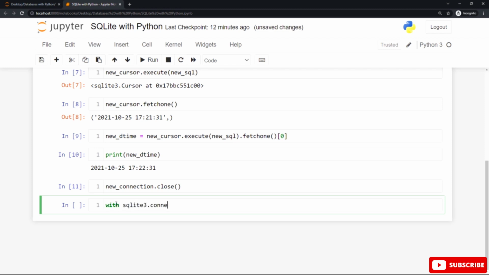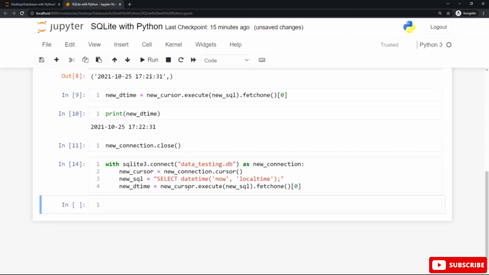In this example, you can see at the beginning the with statement followed by the connect function from the SQLite 3 package to create a connection for this database in the same working directory as new connection. To use this new variable, new connection refers to the SQLite 3.connect to our database. And the body of the with statement is indented, as you can see, by using forward spaces automatically. And you can see this is the same previous example, exactly the same.